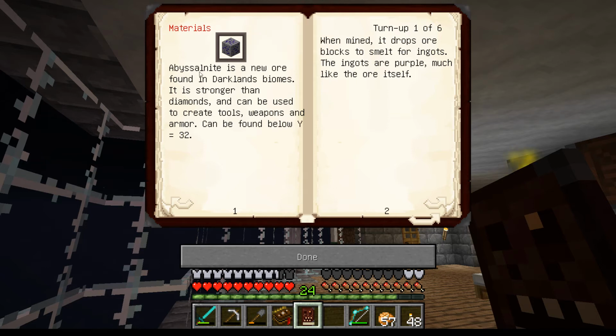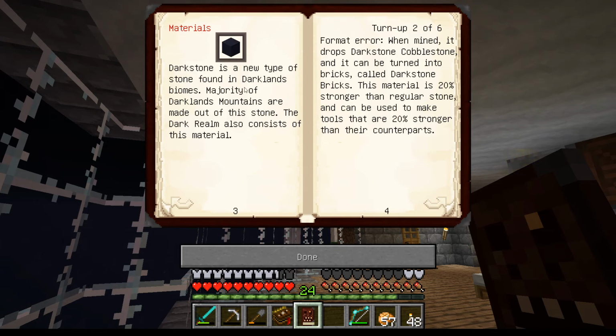So this tells us that Abyssal Light is a new ore found in Darklands biomes. It's stronger than diamonds and can be used to create tools, weapons and armor. It can be found below Y32. When mined, it drops blocks to smelt for ingots. The ingots are purple, much like the ore itself. Darkstone is